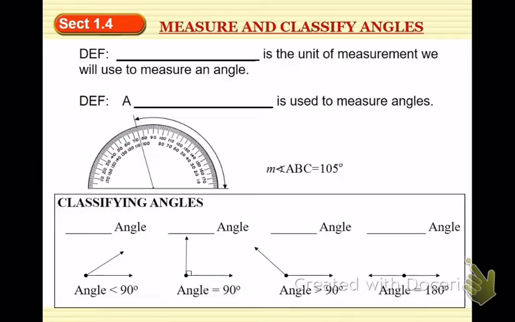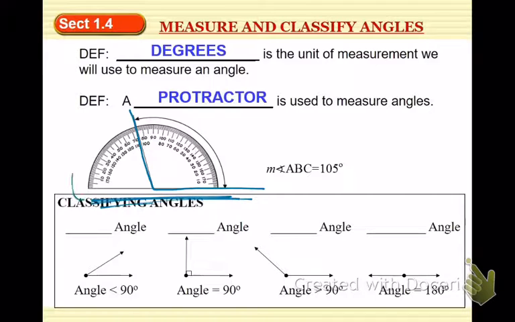All right, more definitions. Degrees is the unit of measurement we will use to measure an angle. A protractor is what that thing is called that we use to measure an angle. So how a protractor works: when we have an angle, and this is the angle we're trying to measure here, a protractor has a straight side and what looks like a half circle. Usually right in the middle of the flat side, there's an arrow or a tick mark or a line. You want to put the vertex of the angle right at that arrow or tick mark or line in the middle,